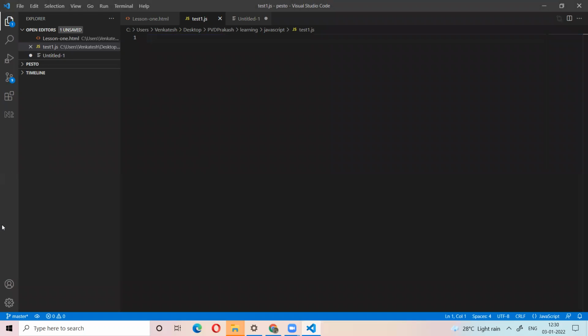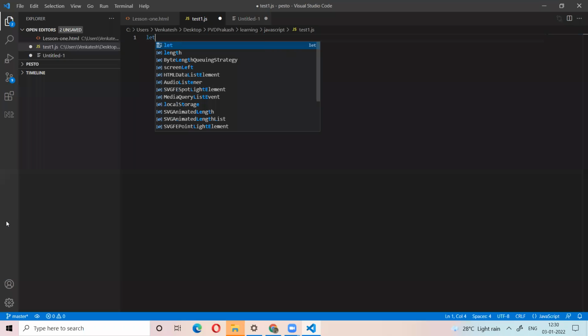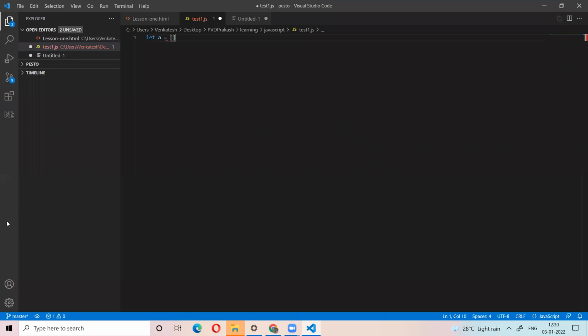There is another use of the spread operator, the rest operator. For example, I have an array here. If I want to add an element at the end of the array, what function will you use?